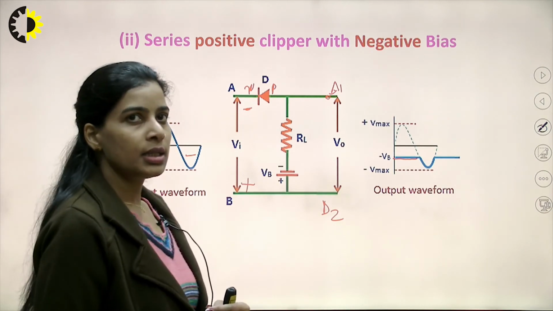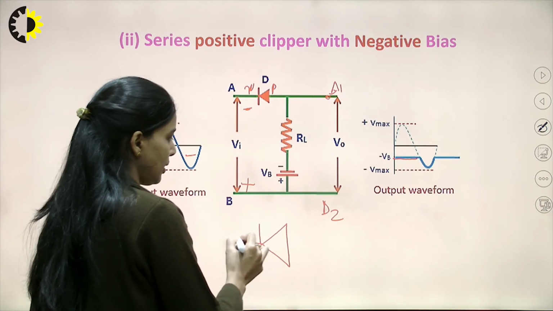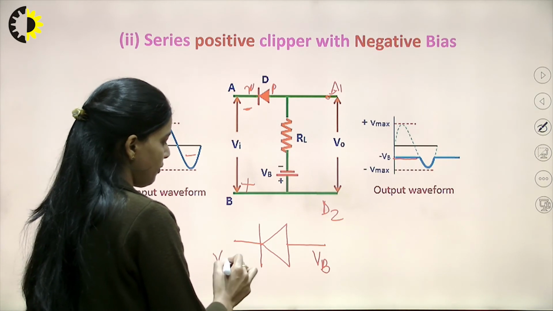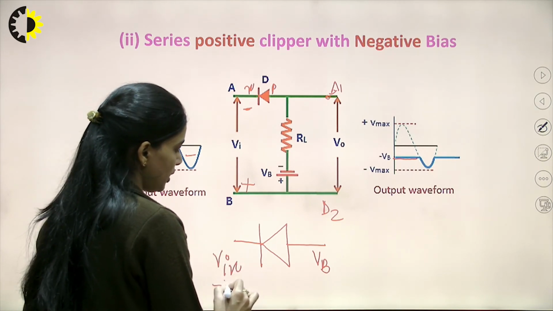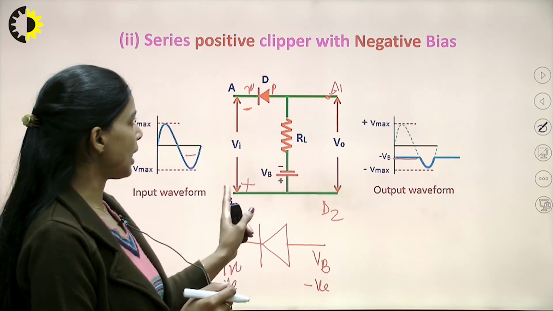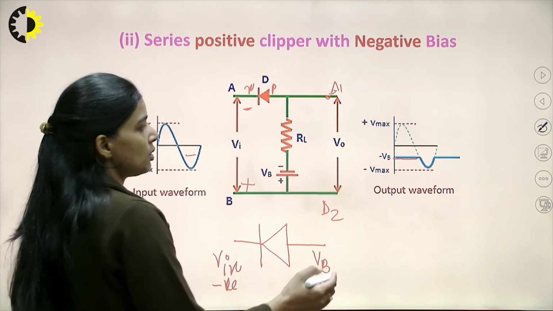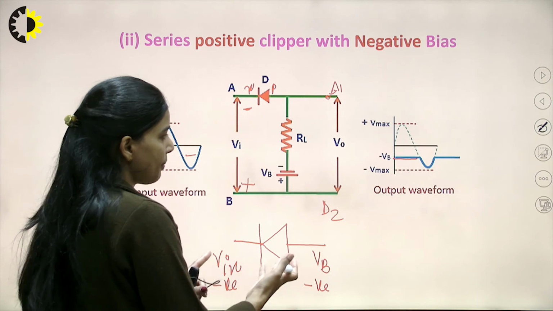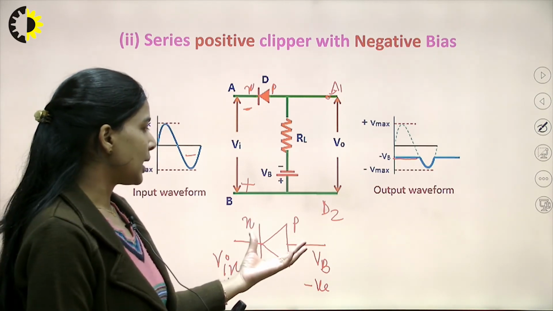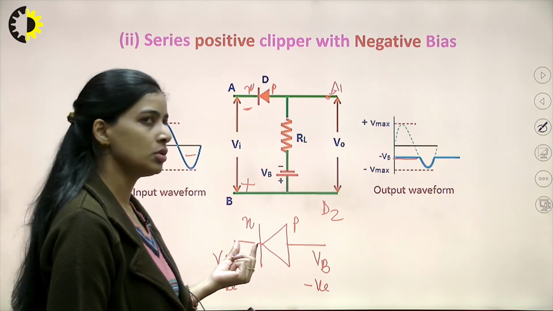So, now again in a similar way, this diode is connected in this way. Here we have VB and here we have V in. Both the voltages are negative. Here it is connected to the negative, and at the input side we are having the negative cycle. So, here how comparatively we will see P and N. The diode will conduct when this side is less negative as compared to this side.